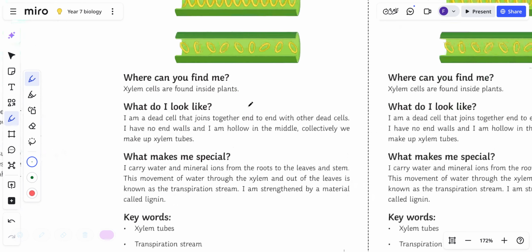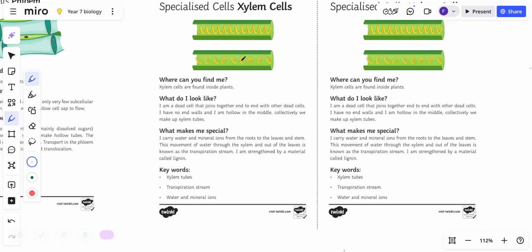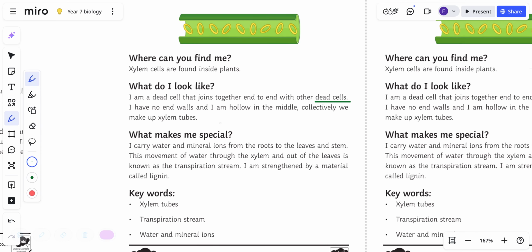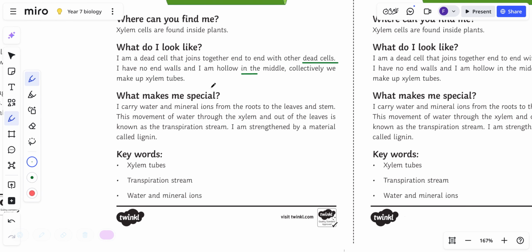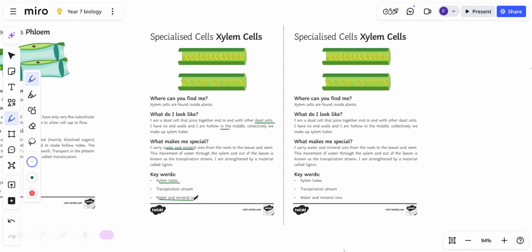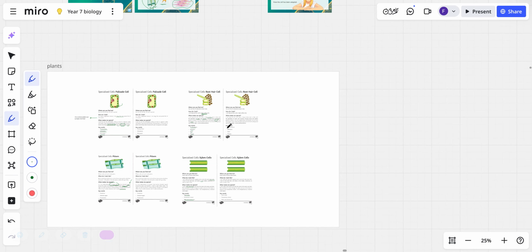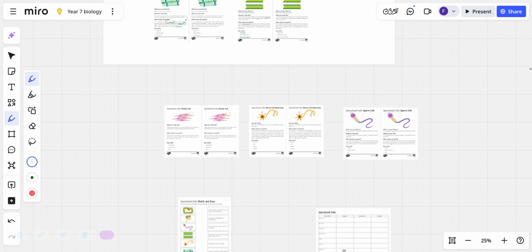Right. Xylem vessels, they're actually also found inside there. They're like straws. They're made of dead cells, and it's like a straw. Right? It's hollow in the middle. That's a cool word, xylem. I say it because I'm so used to it. It starts with an X and it's xylem. They mainly carry water and minerals from the roots upwards. All right? And that's it. That's all you need to know. They transport water. They're called xylem tubes. They transport water and minerals. And that is a specialized cells for plants.